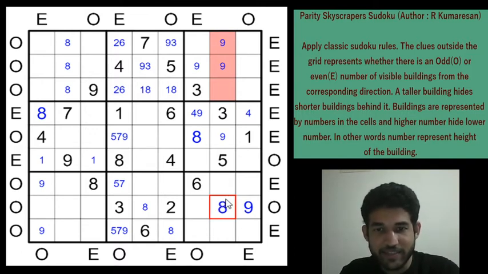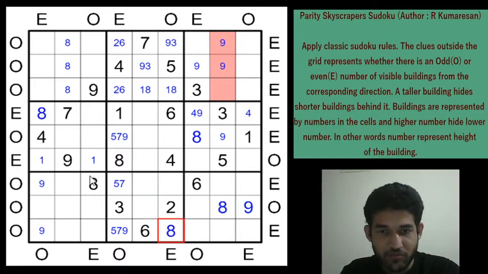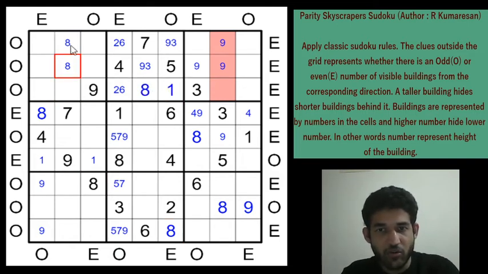So if you know the basics, you can rock in the Sudoku. So 8 eliminates the 8 from this cell. We get an 8 here now. So because of this 8, we get an 8 here and a 1 here. And this eliminates the 8 from here. So 8 will go into one of these two cells. And in box 3, 8 must go into one of these two cells, right?